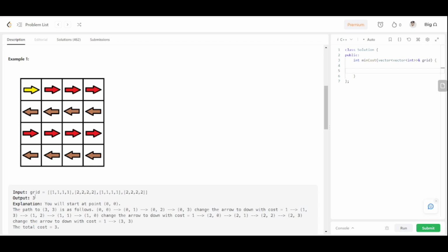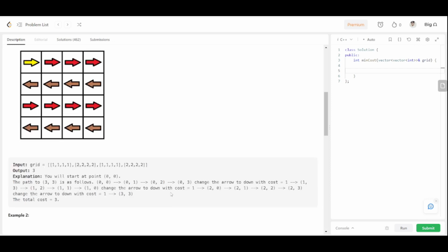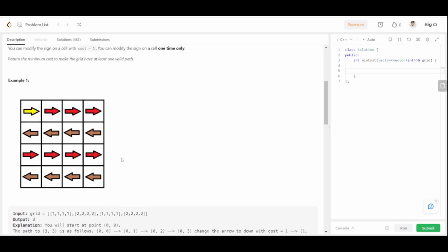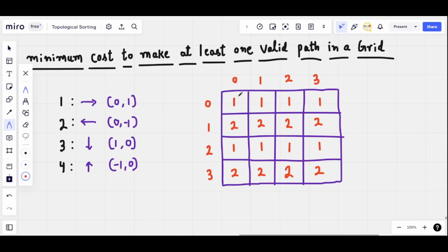Okay, now this is one of the paths with the minimum cost, although there can be multiple paths with the same cost, but I want to make sure that this path is minimum. Let's better understand this example, why 3 is the minimum cost. So this is basically the example. Now we can see that